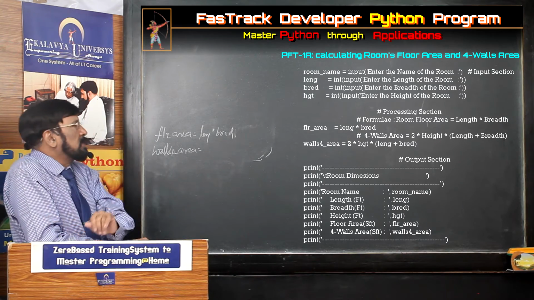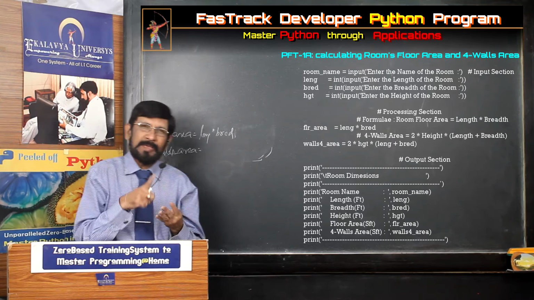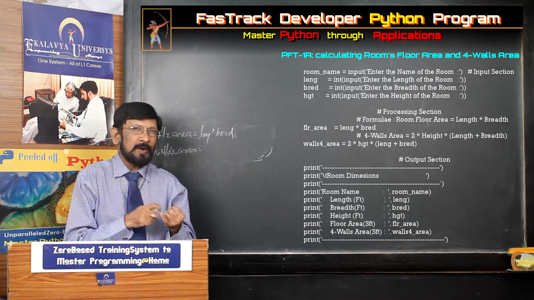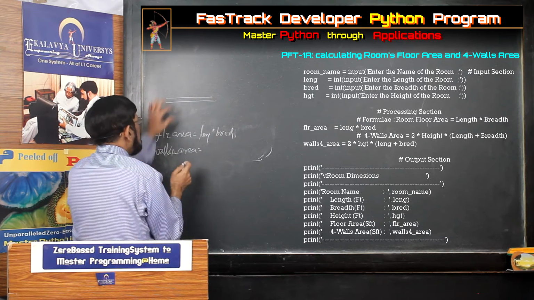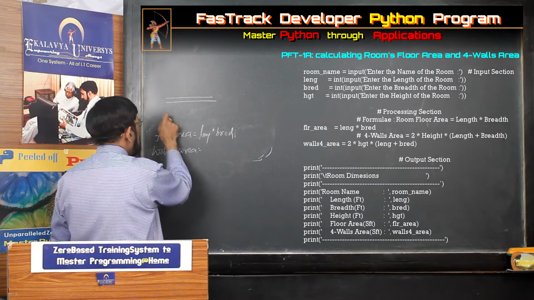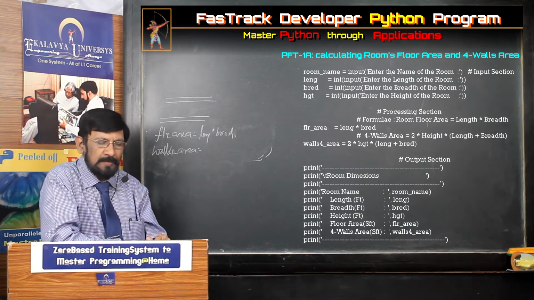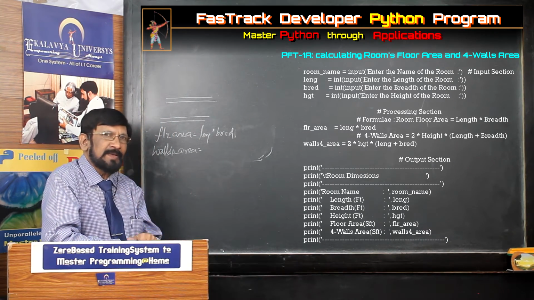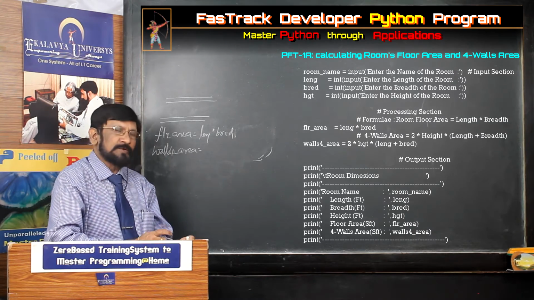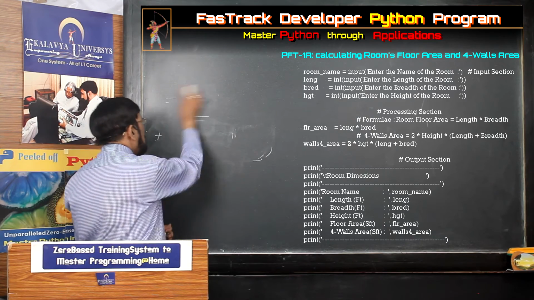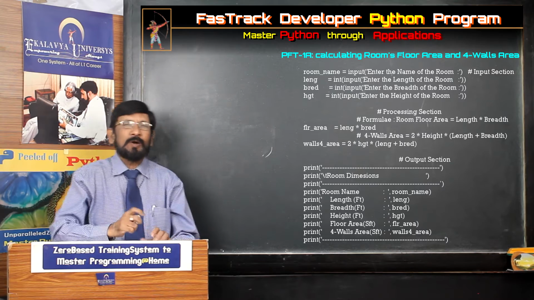Here one more thing you have to understand. Actually 4 sections are there: documentation section, input section, process section and output section. For the sake of improving the readability, after the documentation section, 1 line gap we give. After the input section, 1 line gap we give. After the processing section, 1 line gap we give. After that, you write the print output section. Okay. Now 3 sections we have written. Now the 4th section is the output section.